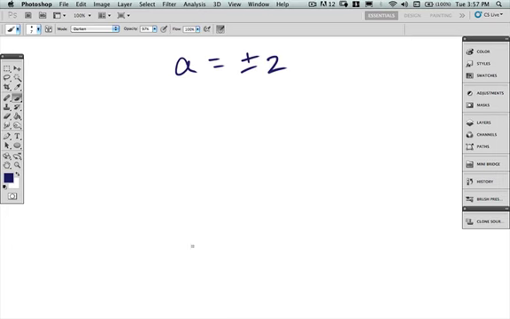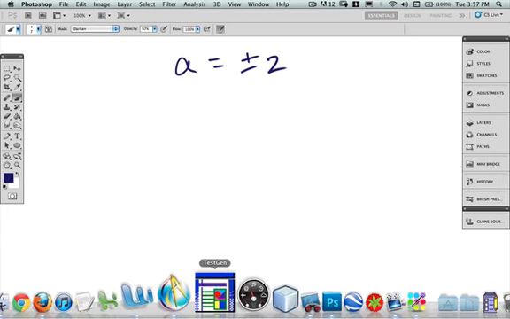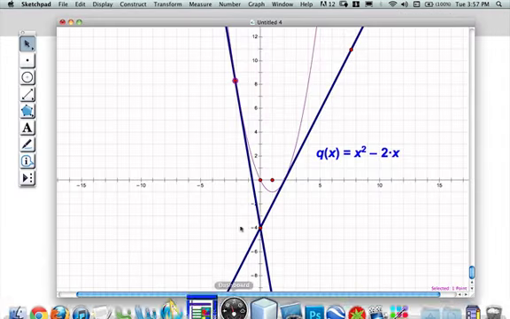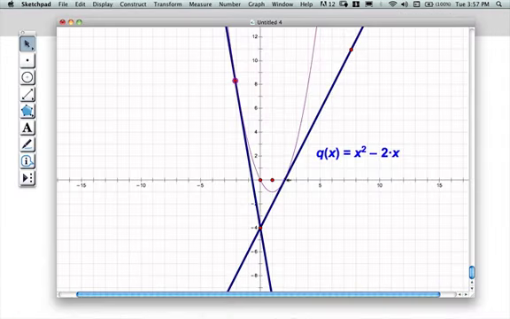So if we go back to that picture, plus 2 is this point, minus 2 is that point, and we were right. If we guessed those 2 points, that would have been correct. And